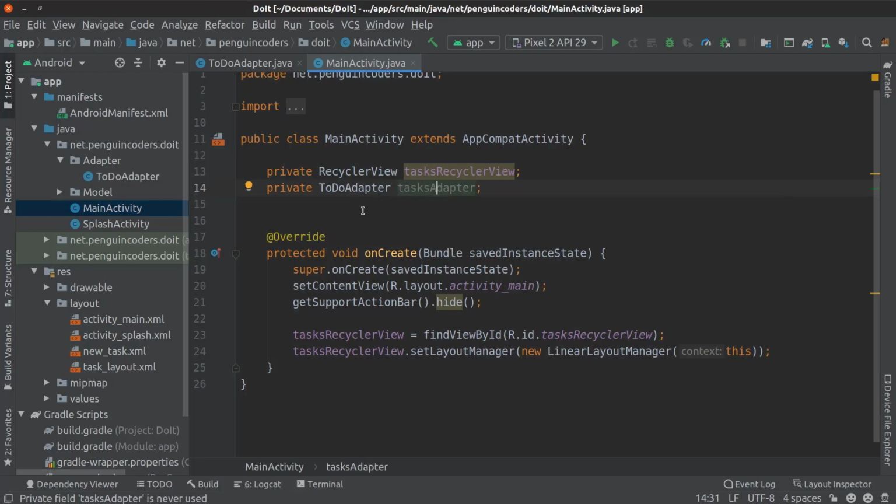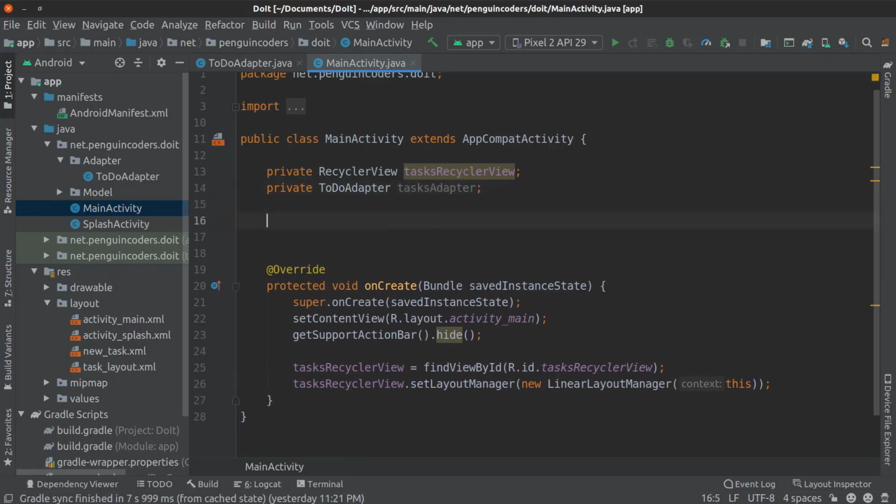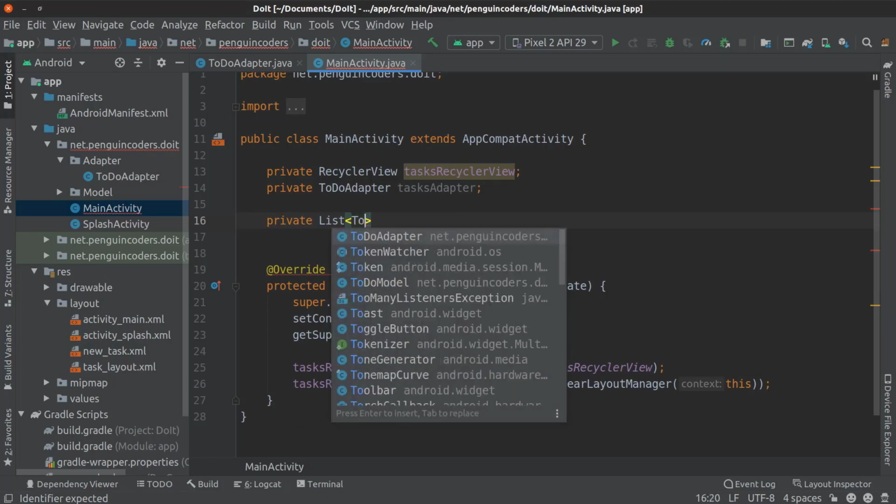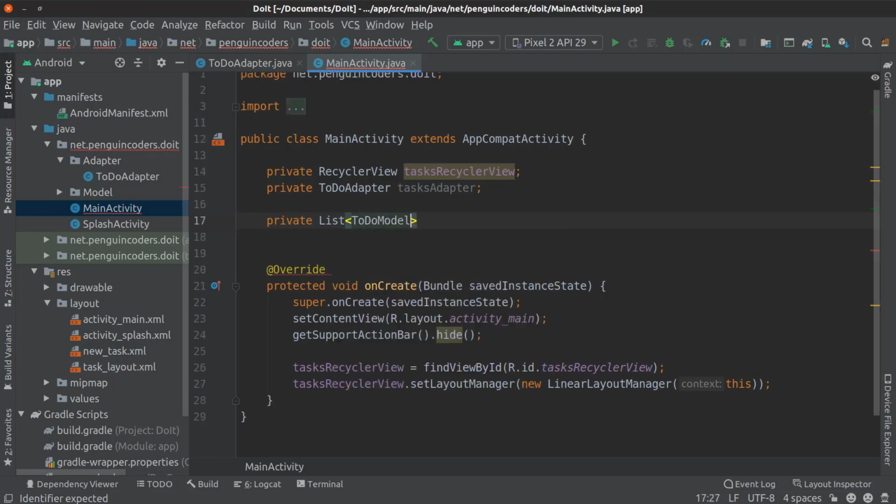And then we will be defining one more variable, a list, which will store all our tasks here. So private list, and the type of our list will be to do model. Then press alt enter to import the class. So this will be task list.